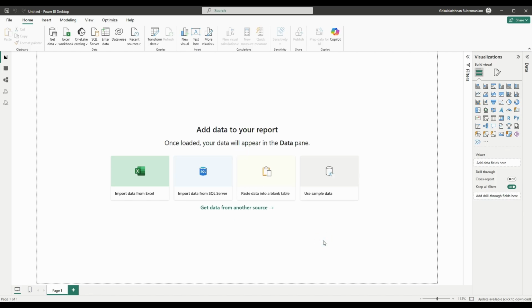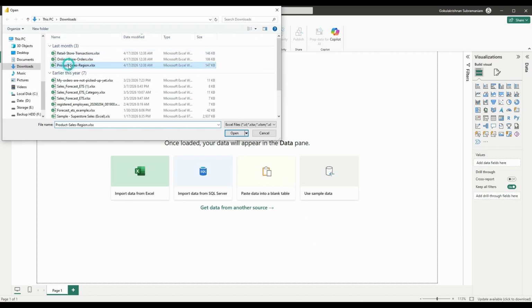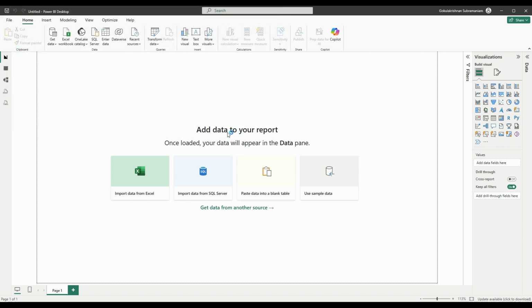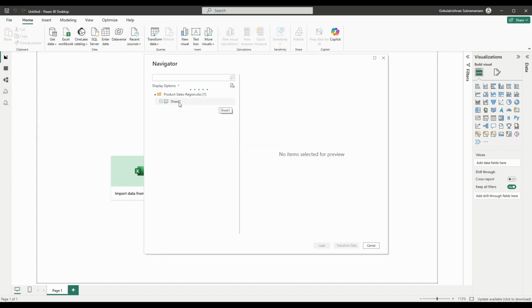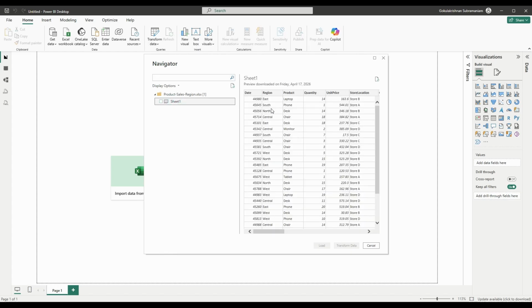Connect, and you can see the pop-up loads. I'm going to take the product sales region data. Now it's connected, and you can see that only one sheet is available. This is the way we connect the data. Just click on Sheet1 and you can load the data into Power BI Desktop. Just notice this particular area, called Transform data. That will help you with the next step, which is cleaning the data or making the data user-friendly